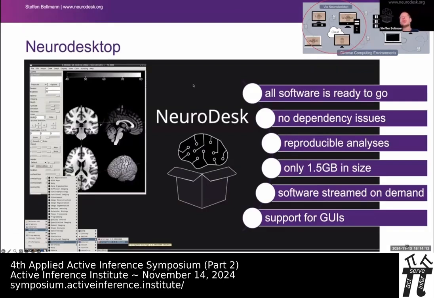And then this whole system is only 1.5 gigabytes in size. And the reason is we can stream all the software we need on demand. So when you actually click on a software, it is streamed live to this endpoint. You can also choose to download it, but then we realized we're